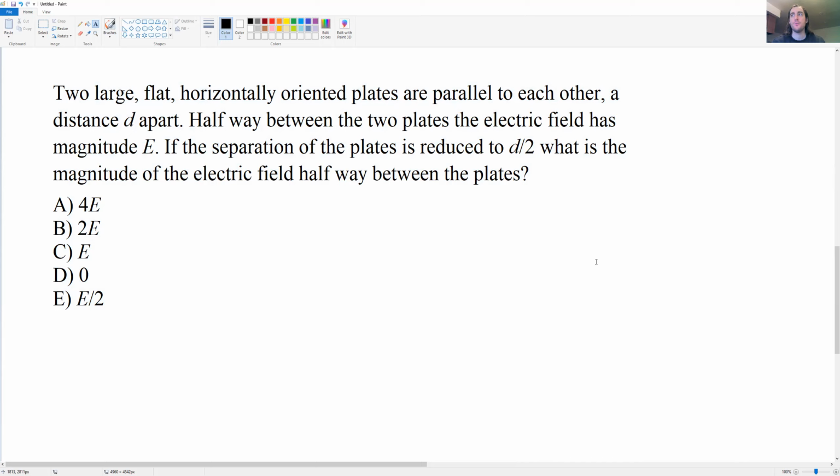Halfway between the 2 plates, the electric field has magnitude E. If the separation of the plates is reduced to d over 2, what is the magnitude of the electric field halfway between the plates? Our options here are 4 times E, 2 times E, 1 times E, 0, or E